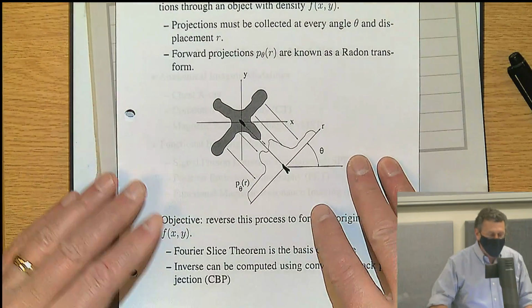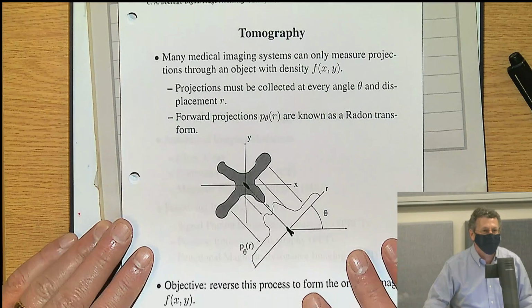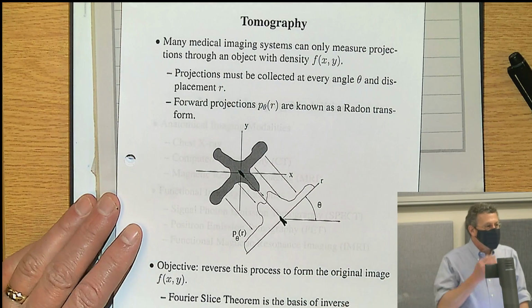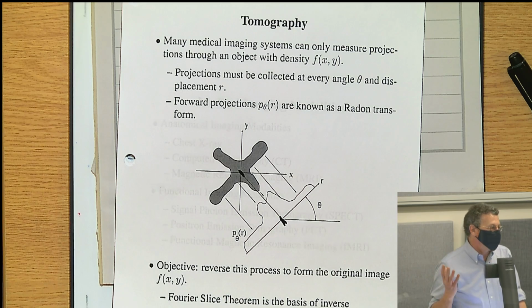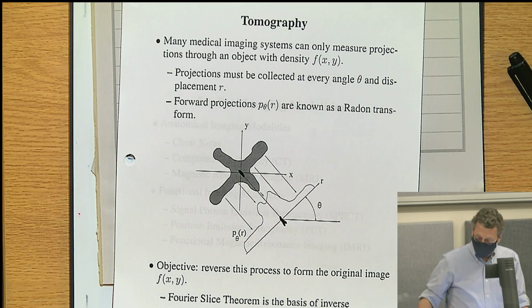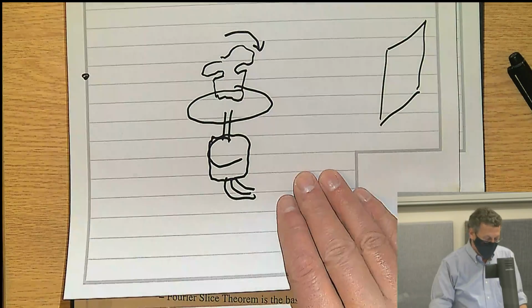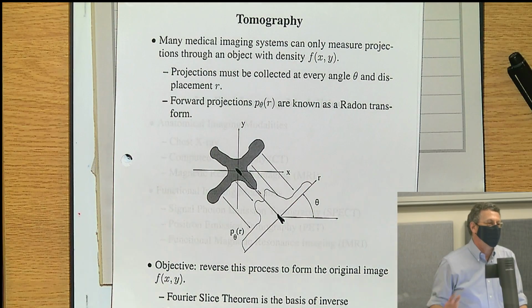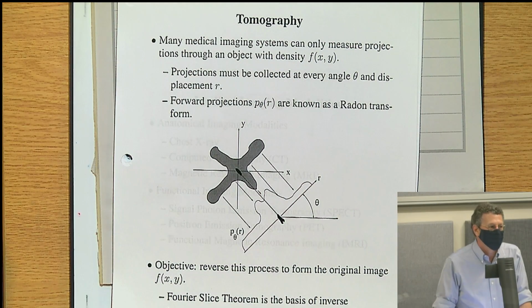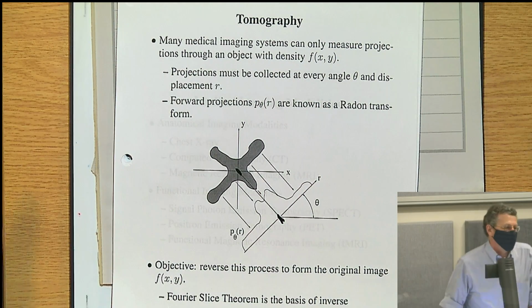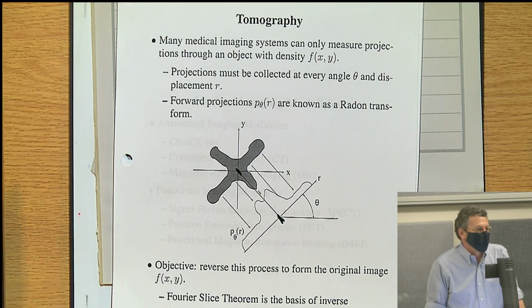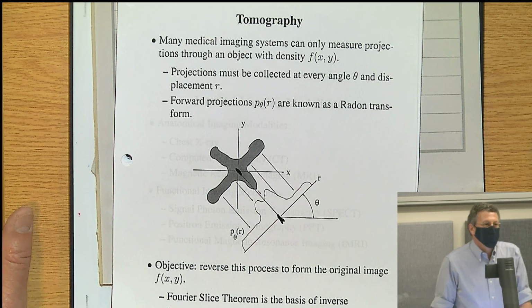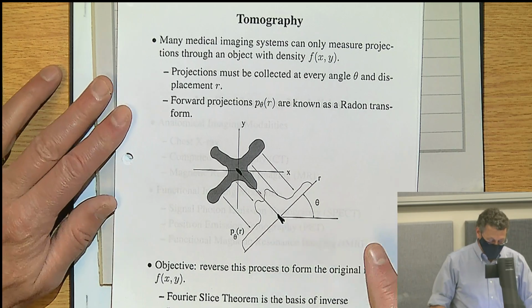Okay, but the key now is that you've done all that complicated stuff. In some sense, that's hard, but the risk is low, right? I mean, if you hire enough engineers, you can figure out how to build this crazy contraption. And it'll cost whatever it costs, but GE's really good at getting costs down because they know how to make all their manufacturing processes efficient. So the hard part of the problem becomes the signal processing. How are you going to take that data and turn it into an image, okay? And that's where people like us come into play.